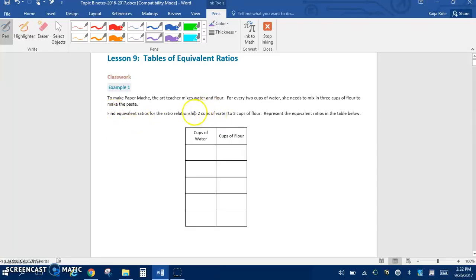So we're on page 1 here, and it says to make paper mache, the art teacher mixes water and flour. For every 2 cups of water, she needs to mix in 3 cups of flour to make the paste. Find equivalent ratios for the relationship 2 cups of water to 3 cups of flour. And it says to put it in the table below. Alright, so if we have 2 cups of water, we then have 3 cups of flour. They told us that. So if we go then to 4 cups of water, we would then have 6 cups